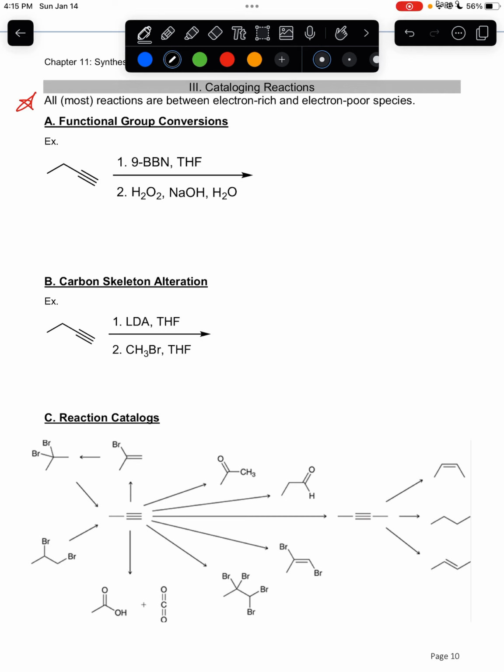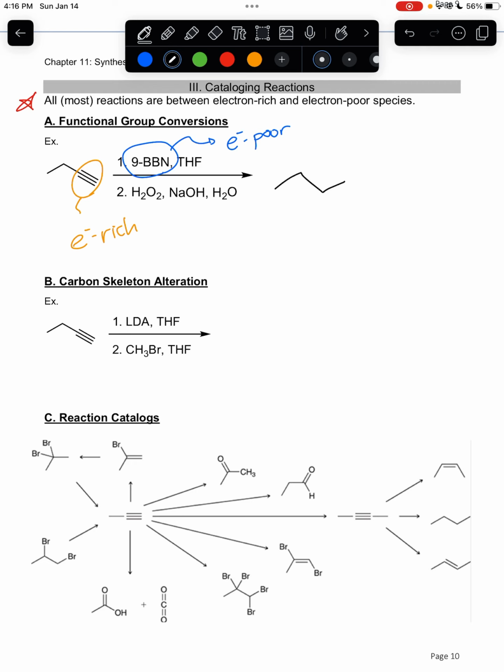So hopefully it's not too surprising that 9-BBN, the boron species, is acting as the electrophile, the electron-poor species, while this alkyne with pi electrons is acting as the electron-rich partner in this reaction, right? And the end result is,